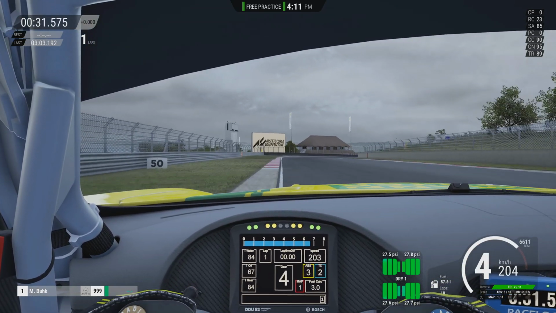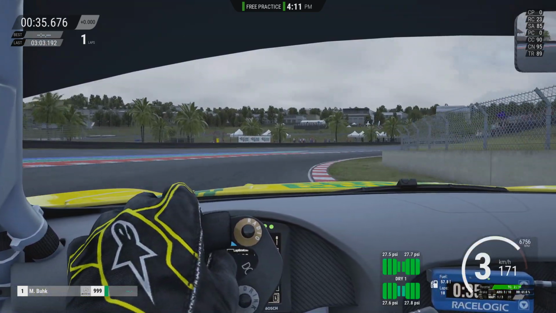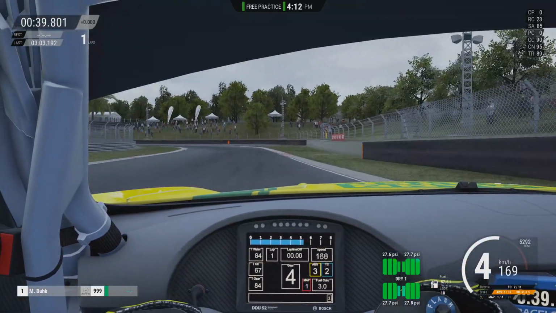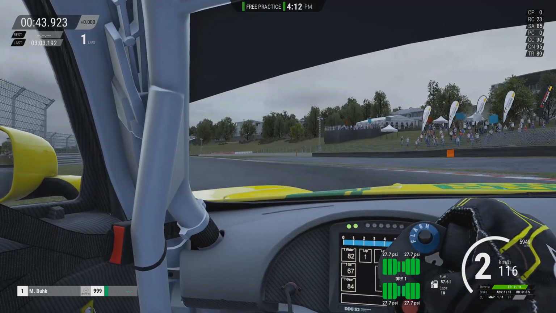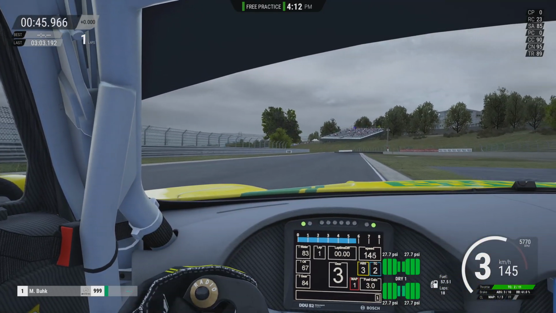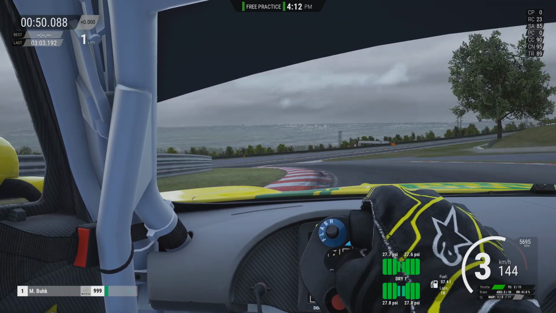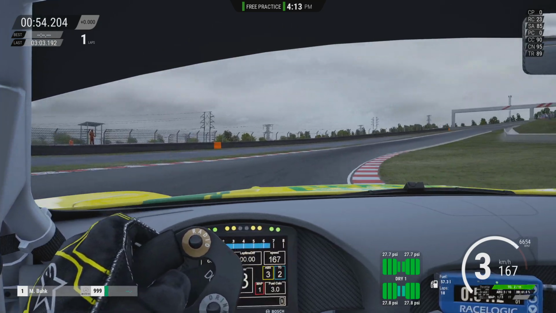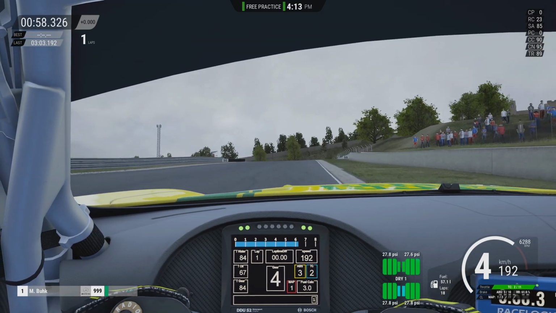Now we're coming into Sunset, very fast, long right-hander which can be taken in third or fourth gear. Watch for the bumps on the exit, and then braking at the 50-meter board. You can ride the curb on the inside here, second gear, use the curbing on the outside. Now we come into the fast chicane. You want to ride the curb a little bit on the inside, but you want to clip it late and then try and get on the throttle as early as possible for the run up the hill